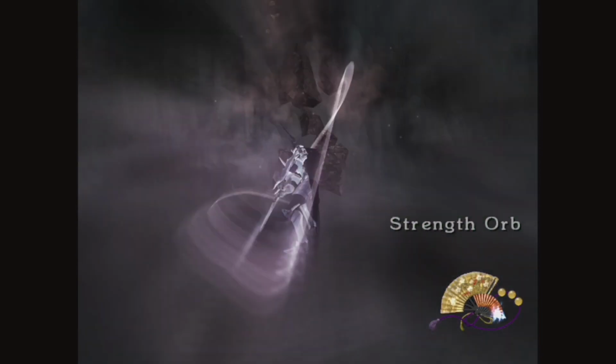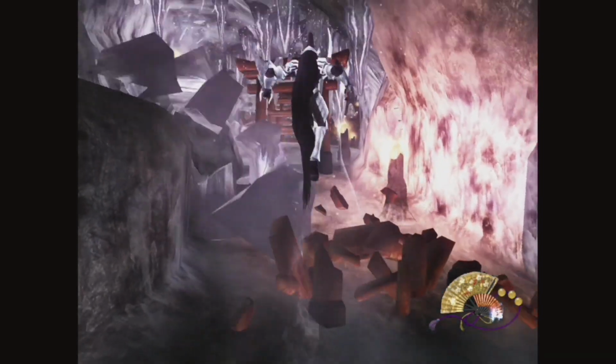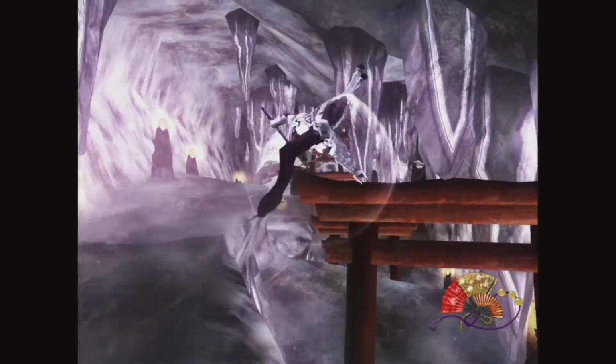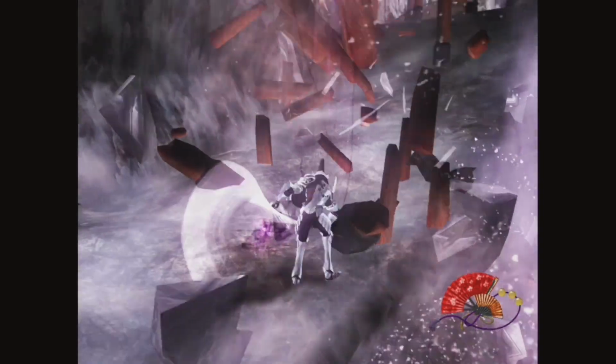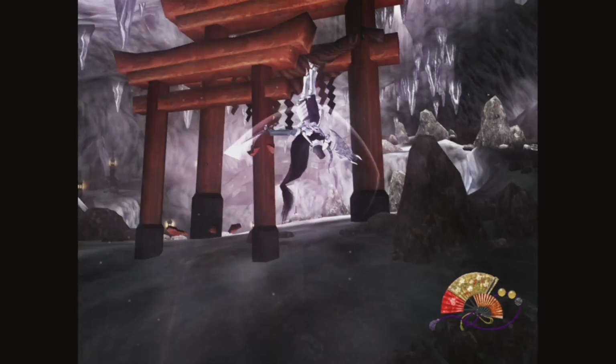Ooh, got a strength orb as well. If you are hitting enemies with combos, if you are hitting enemies with charged attacks, if you're getting knocked around, you actually increase your abilities. Now we're out of magic, and there's no enemies around right now, so we need to kind of